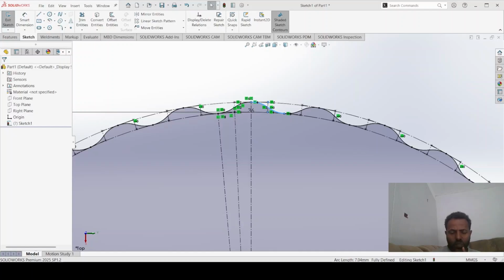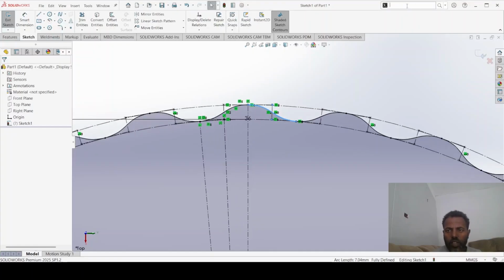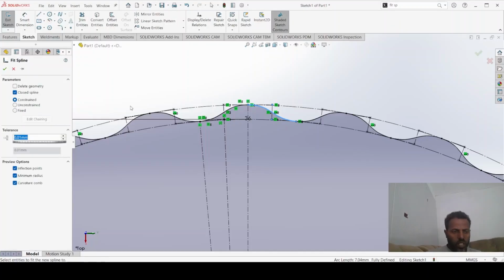Now we need to make fit to the spline, fit spline, search on this and click that one. Then when we click that one,